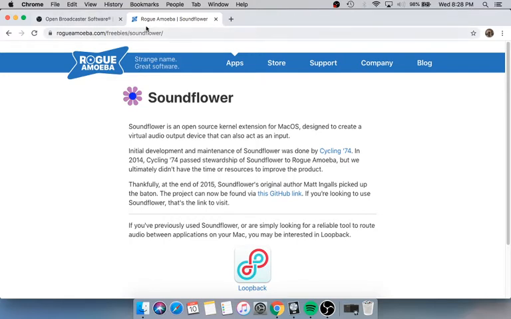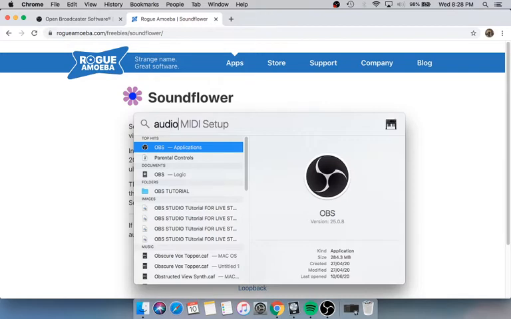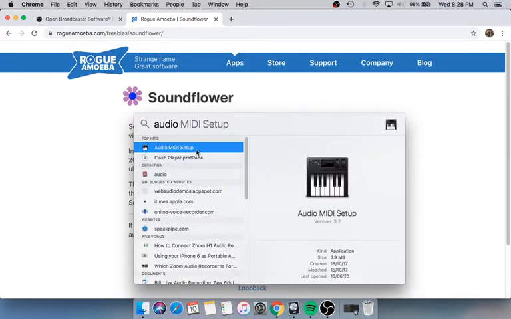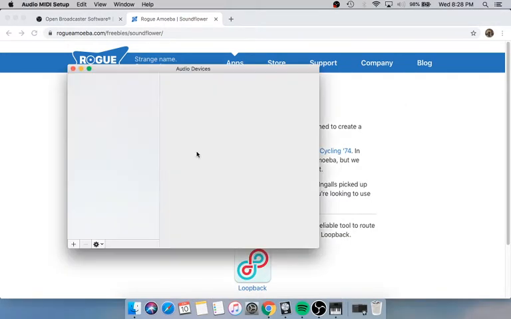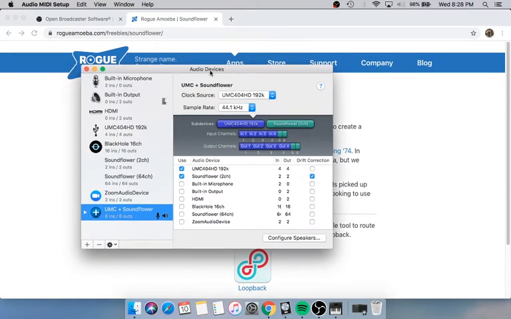Once we have downloaded both these software, we're going to open Audio MIDI Setup on our Mac. Here we go. Once we've done that, we're going to create a new aggregate device. The moment you click on create new aggregate device, you'll see a blank page like this.